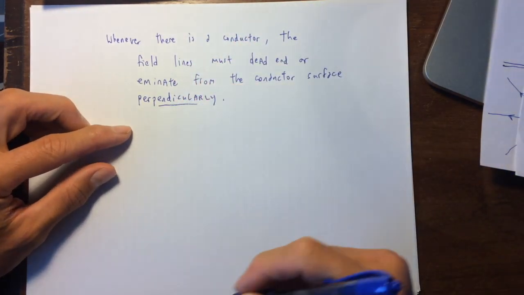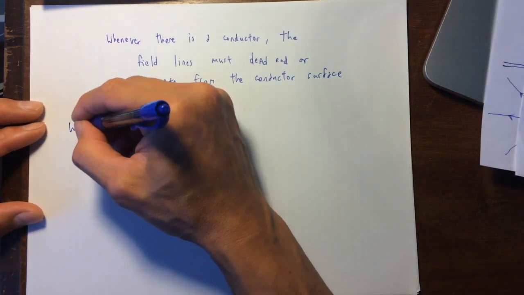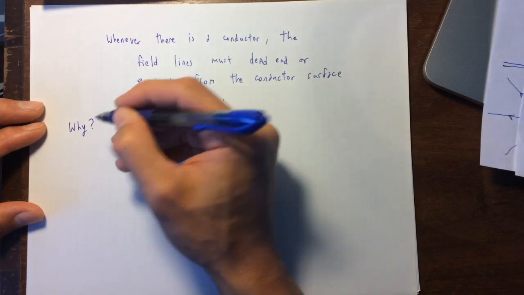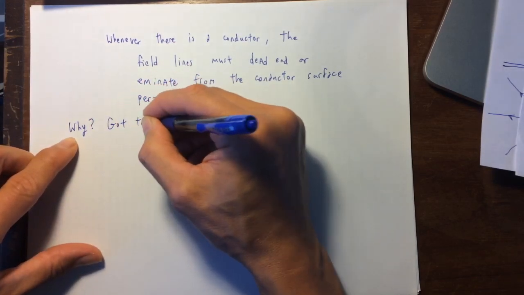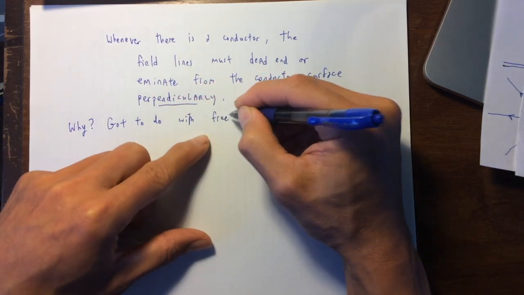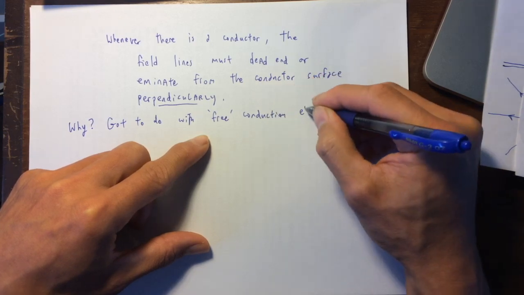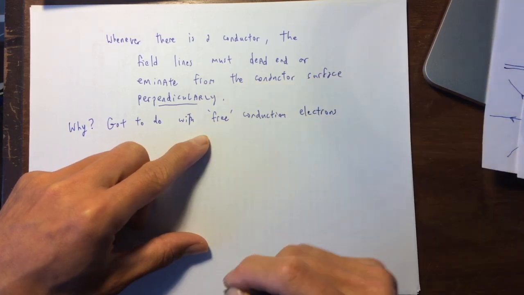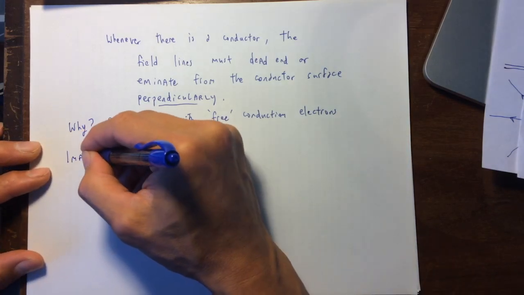So perpendicular. And I'm going to try to indicate to you why. And the answer has got to do with what is called free conduction electrons. All right, so imagine